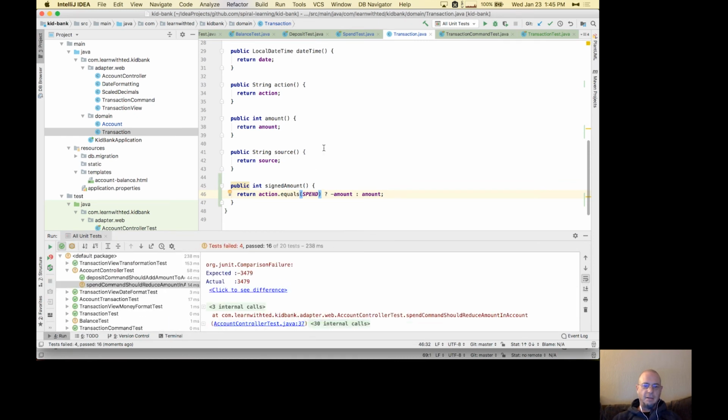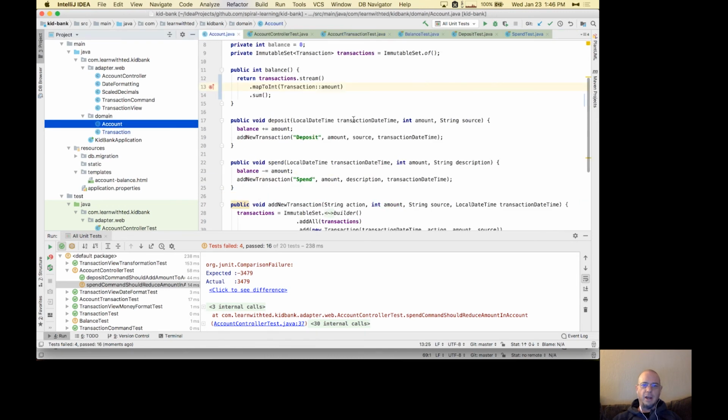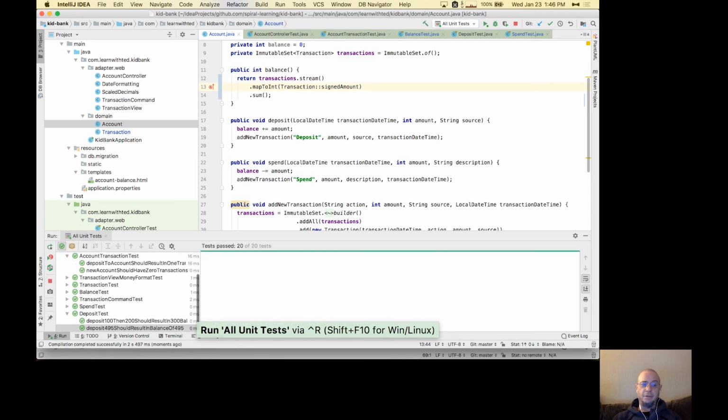So now if we run all of the unit tests, they're not passing yet. That's okay, because we expected that, because while we modified and created the signed amount, it's actually not used anywhere. So now let's go back to account where it calculates the balance. We don't want amount anymore. We want signed amount. And so now if we run the tests, I think they should all pass,